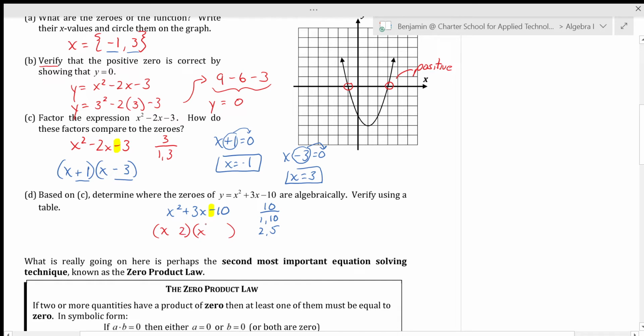I have 2 and 5 make 10, but they also subtract to be 3. So I need a positive 5 and a -2 to be 3. Now, I look at the table. If I go to y equals, and I clear this out and put in x squared plus 3x minus 10, I would get, look at the table,